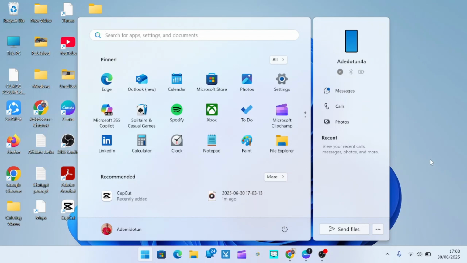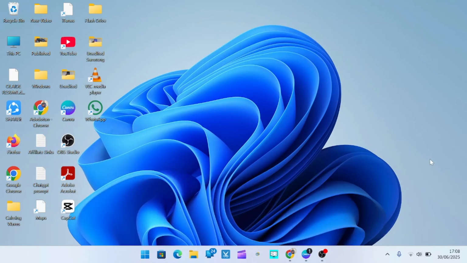And that's it. That's exactly how to put a password on a Windows 11 or Windows 10